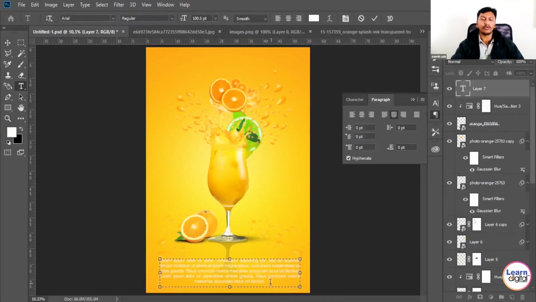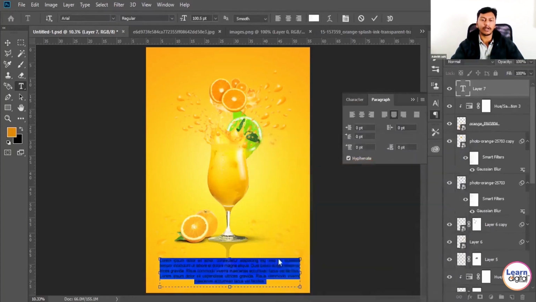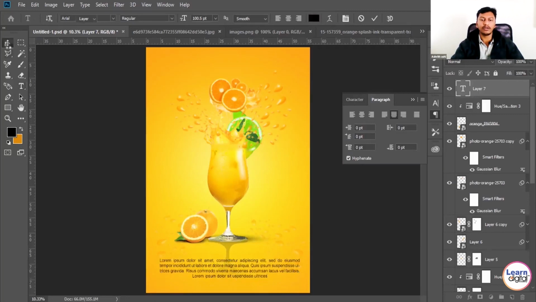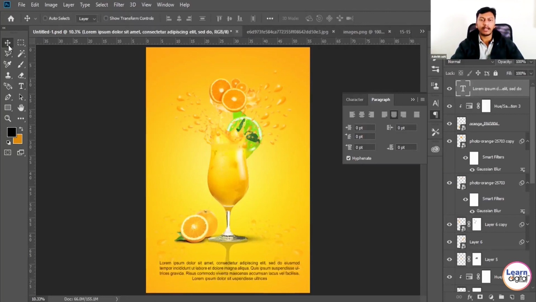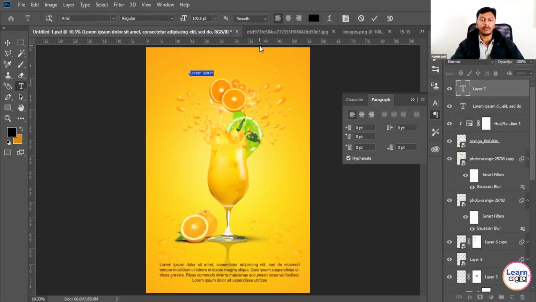Once it is done, of course, as it is an advertisement, you need to add some text in your product banner or product post. So type some fruit juice related quote over there. Whatever you need, you can type, like healthy, natural, or anything else related to orange juice. At the bottom you can see I placed some random default text over there.